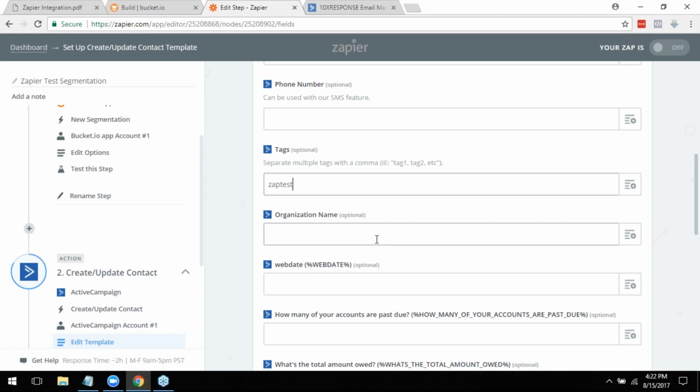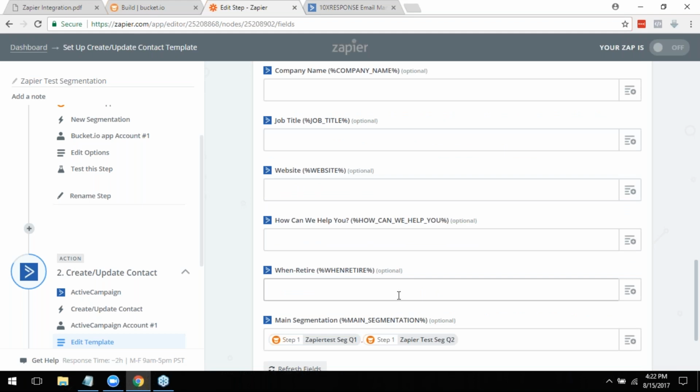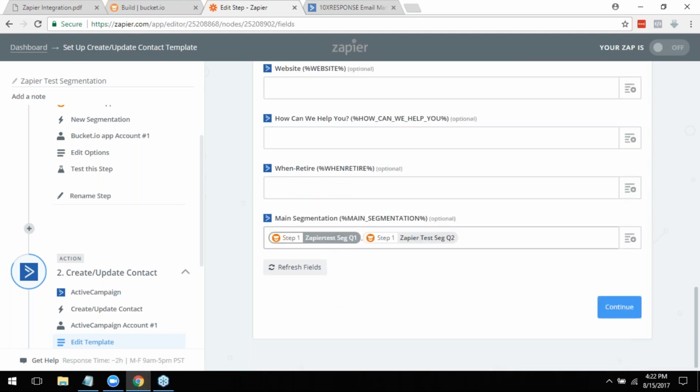So that any lead that fills out this form is going to have a tag applied to it called Zap test. And so later on I can pull all the emails and send an email broadcast out to, or do email marketing to everyone with the tag Zap test. Or I could go even further and say I can send an email to everyone who has the tag Zap test, who also has